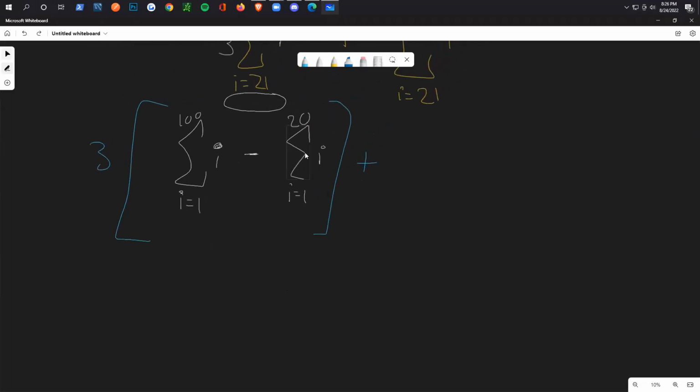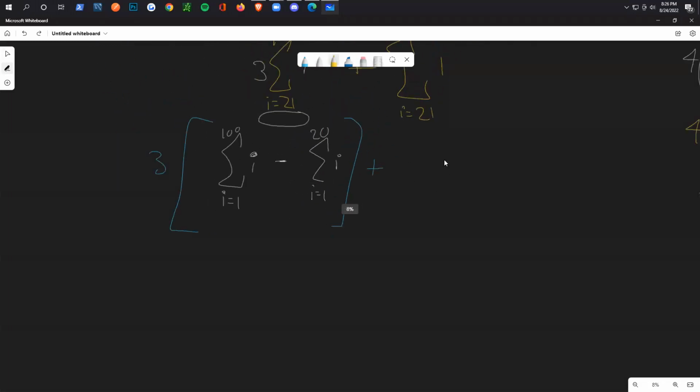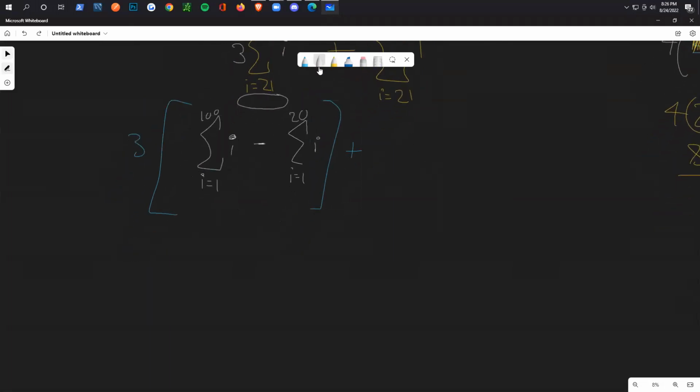So that's the whole idea. Okay, so now let's just finish solving this part of it. We have our formula. Our formula is just going to be same as it's always been. So 100. We have n times n plus 1 over 2. So 100 is n. 100 plus 1 is 101. All over 2